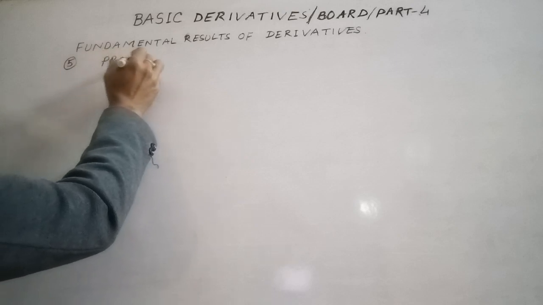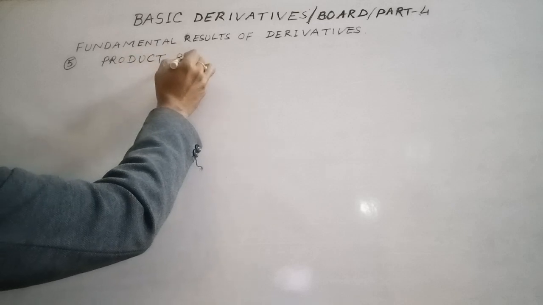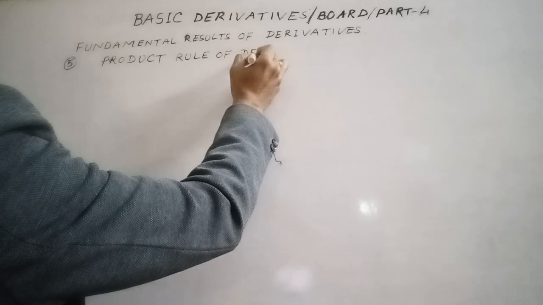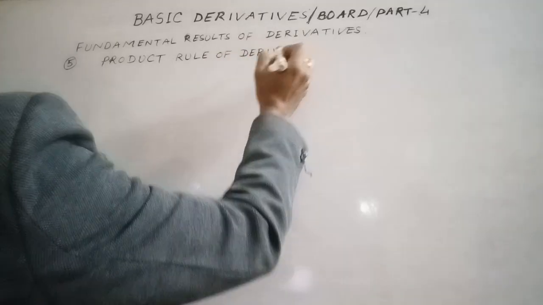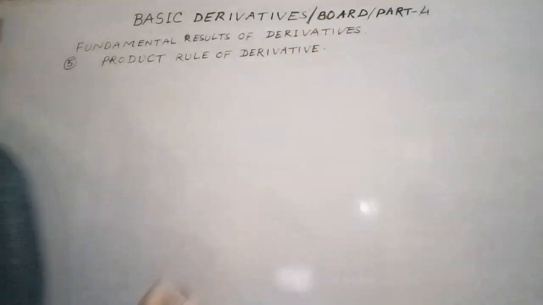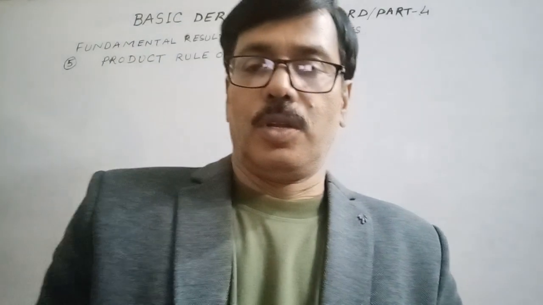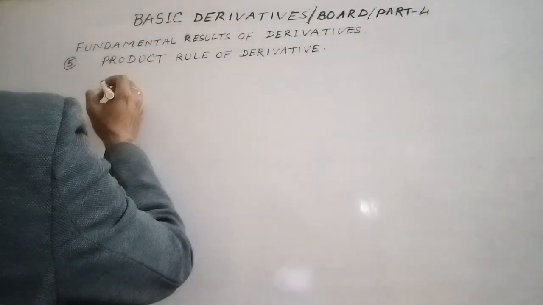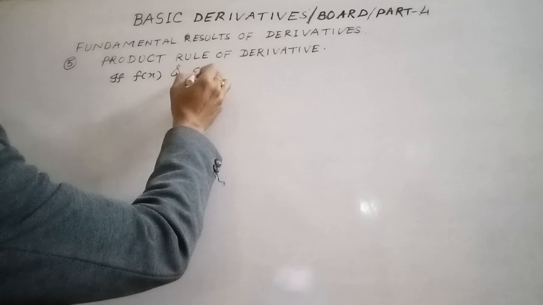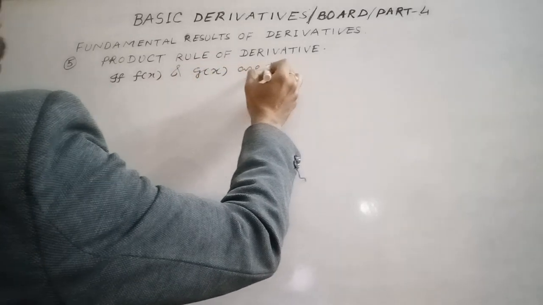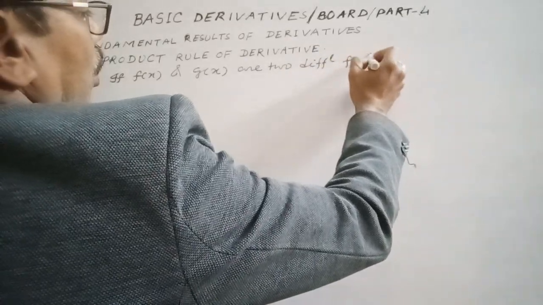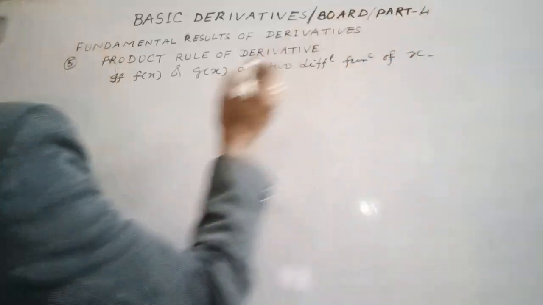product rule of derivative. So, if f(x) and g(x), what is the product rule? If f(x) and g(x) are two differentiable functions of x, then